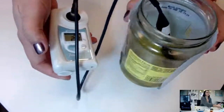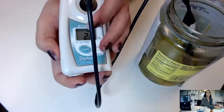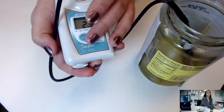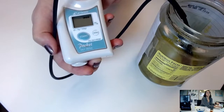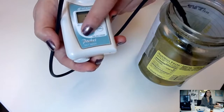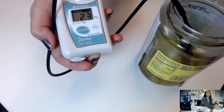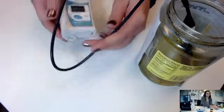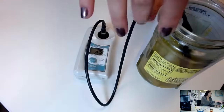See if you can see here. All right, press start. 2.3. Okay, perfect. So we're getting a pretty stable reading. I want to press one more time. 2.3. Perfect. All right, so now that we have done that, we can move on to a couple other samples